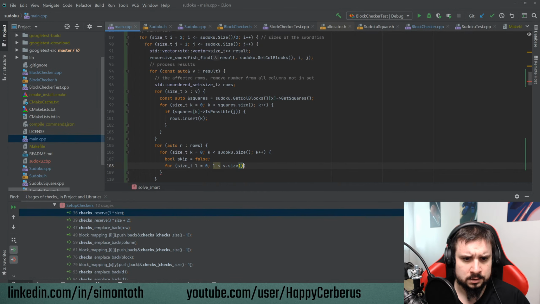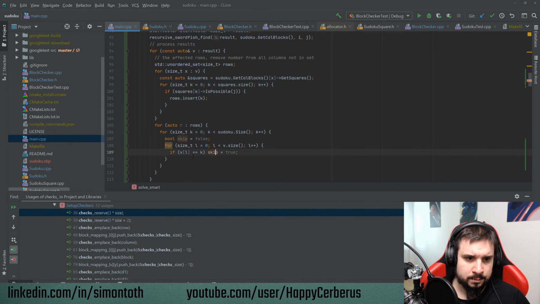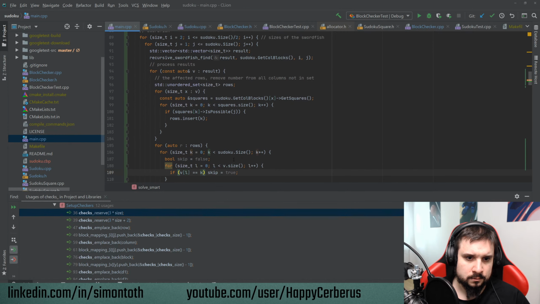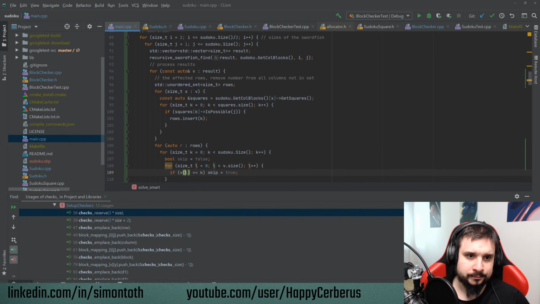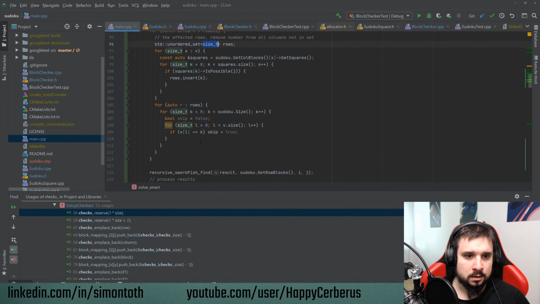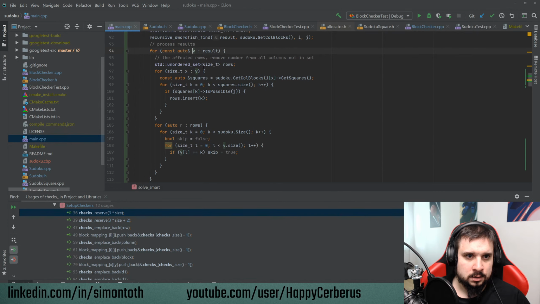Plus plus if V[L] equals K. Okay, right. So we skip if this column is one of the columns that's in the set, not this set, this set. And if it's not, then we want to